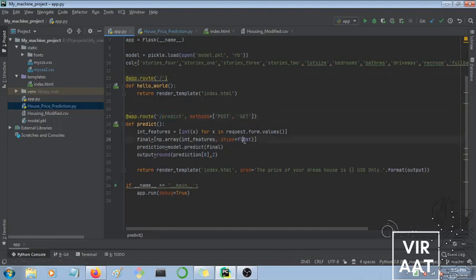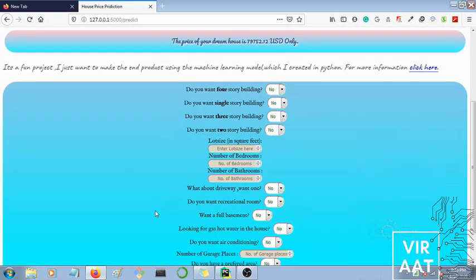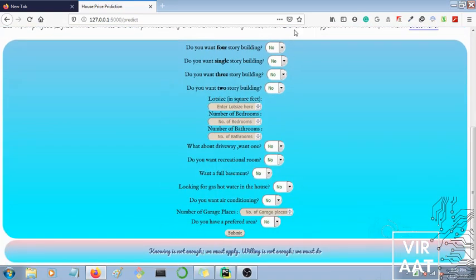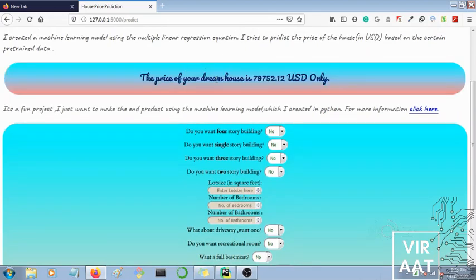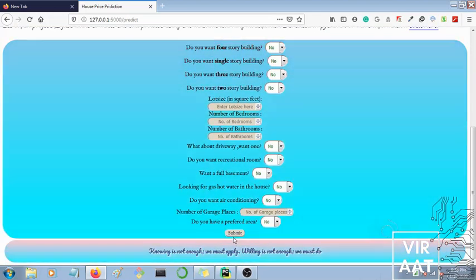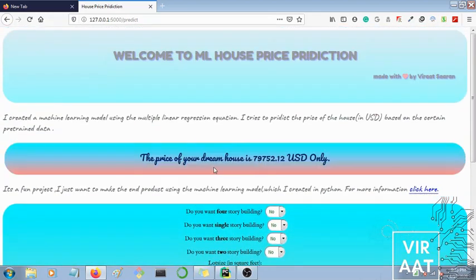Slash predict means when your form is submitted, what result is going to be predicted and where to show it. So I have given the route here. When I submit this, I get this result over here.